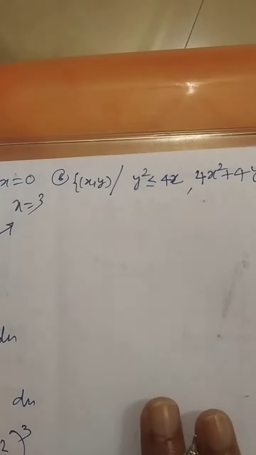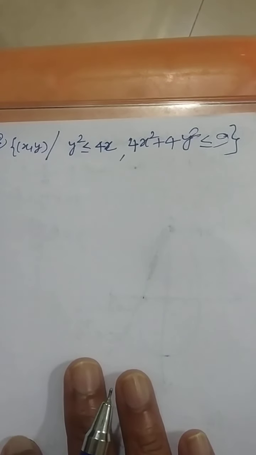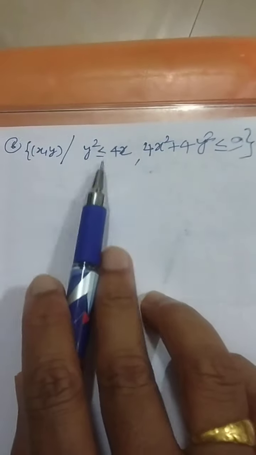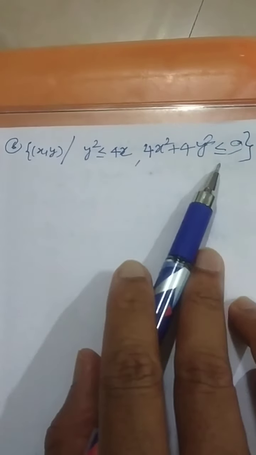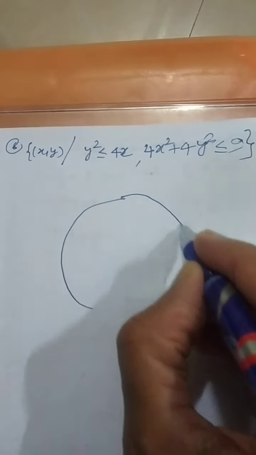Now the last question of application of a derivative. With this, differentiation will get over. Very rarely this type of question will be asked, but it is a concept of inequation. The second equation is known to you. It is a circle. I am just initiating the problem, then you can complete the sum.